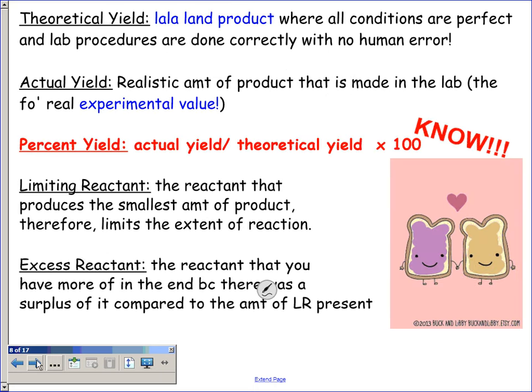So the premise is, in a reaction, generally, you have an expensive reagent and a less expensive reagent. And the one that's expensive, you don't want to waste any of it. So you have to find exactly how much you need of it so that there's no excess. Well, if there's no excess, it's called the limiting reactant or limiting reagent. Reagent is the term I generally will use. So it's the one that runs out. You have the smallest amount of it. It will run out first. It limits the final product made. The other reactant